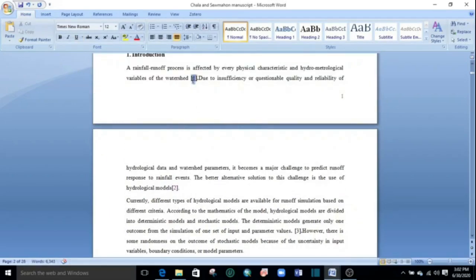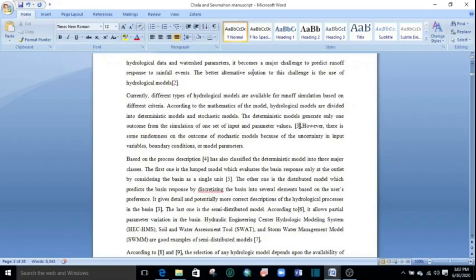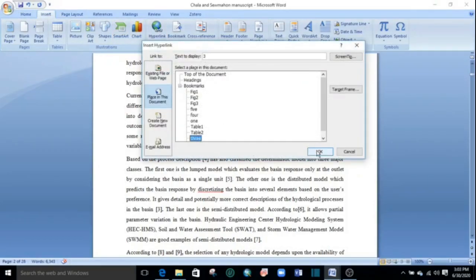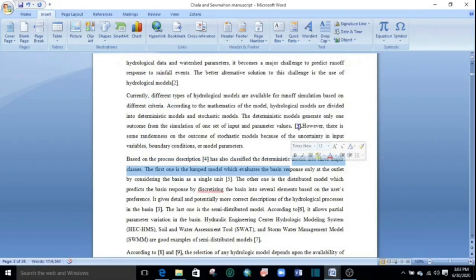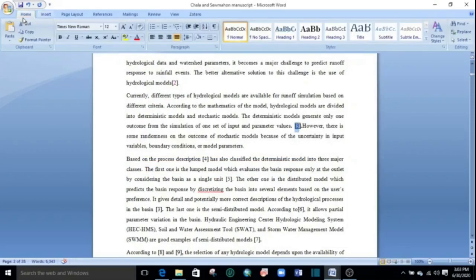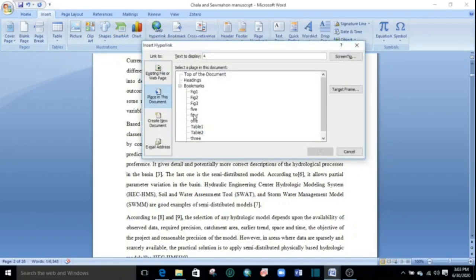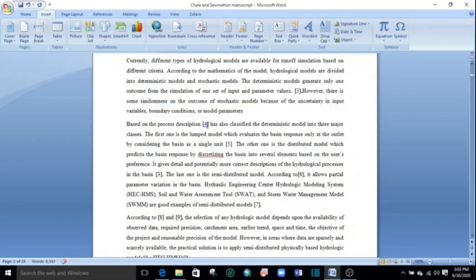And here, for number 3, I have to select the number 3, and I have to go to hyperlink, and I have to select 3 here. Okay, you see, and I have to remove the underline. And for number 4, I have to select the number and insert hyperlink, then 4, FOUR. And similarly,